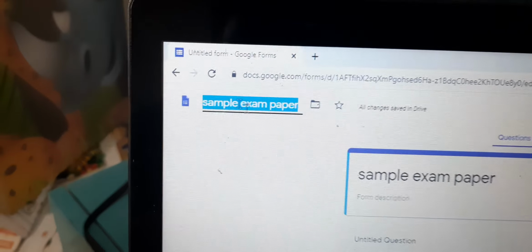First thing, we'll add a section. So select the last option here to add section, click on it. Here in the name we can give multiple choice questions. So my paper has two sections, first multiple choice normal one, and then we'll come where kids can upload the written work.